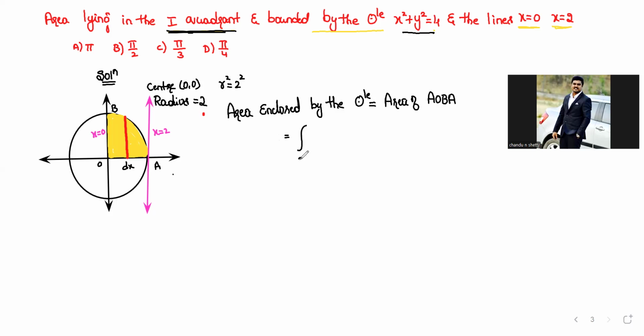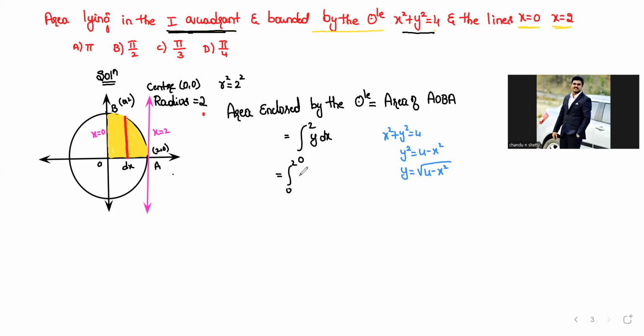So now observe, integral 0 to 2. Okay, 0 to 2. So 2 comma 0, and again this one is 0 comma 2. Okay, so the limit is 0 to 2, y into dx. Now the equation we have is x square plus y square equal to 4. So when you convert it, y square equal to 4 minus x square, and again y equal to square root of 4 minus x square we are taking. Okay, now you should apply that